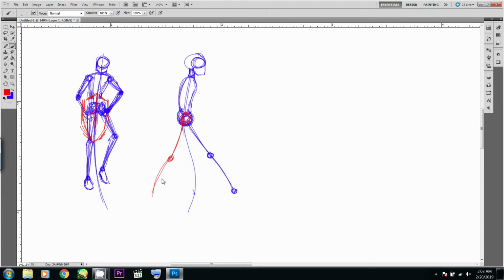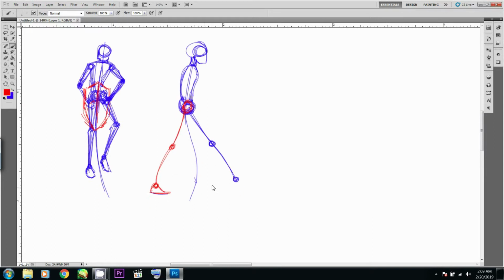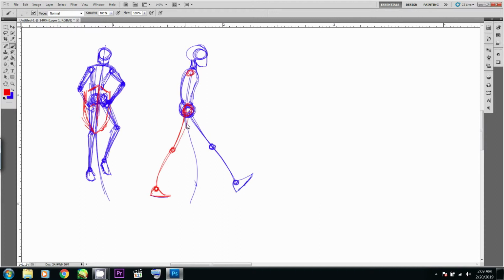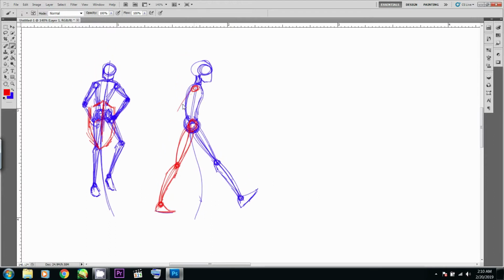Here you can see that I'm actually bending or slightly curving the legs just to make them look more human or realistic. So this is another technique that most illustrators use when they're drawing legs and hands. They create this curve. The upper arm has a curve, the lower arm has a curve. This gives it more